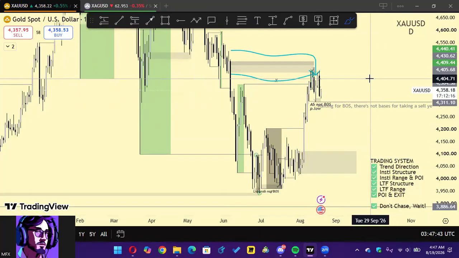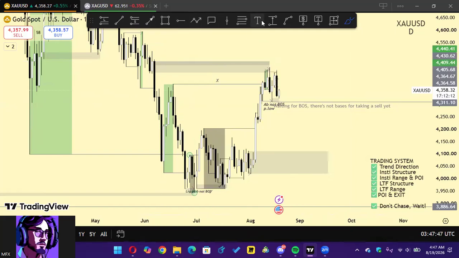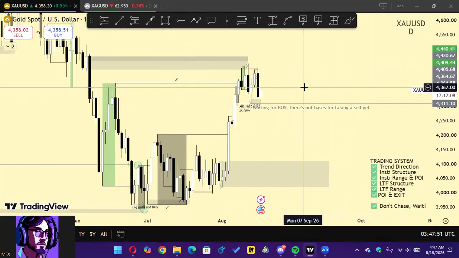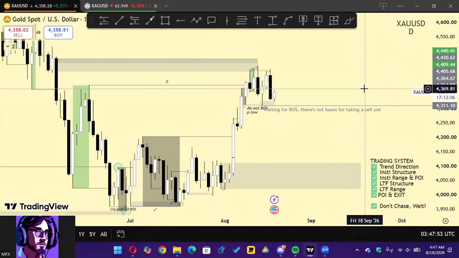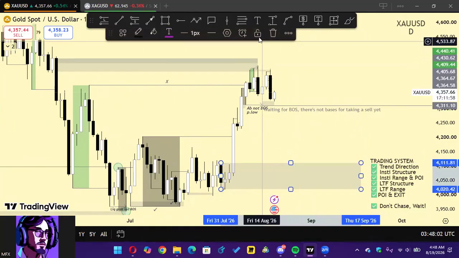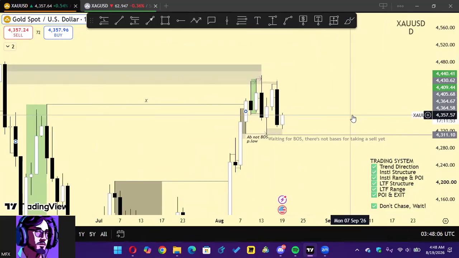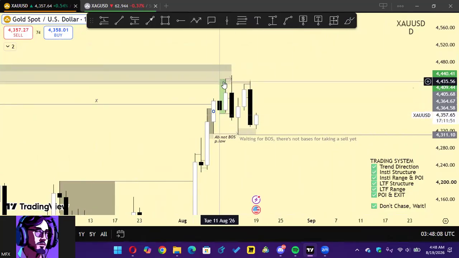After I did my top-down analysis and saw what my system of approach was presenting to me, I was going to look for every other opportunity that's going to allow me to take sales to this institutional zone that we have here. So you could see that on our daily, we started seeing a liquidity grab without the candlestick